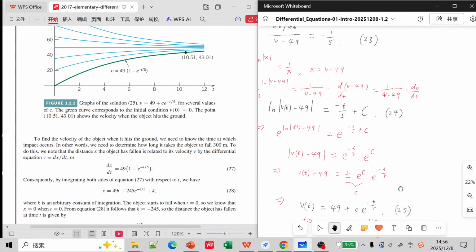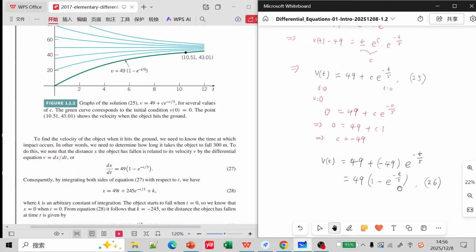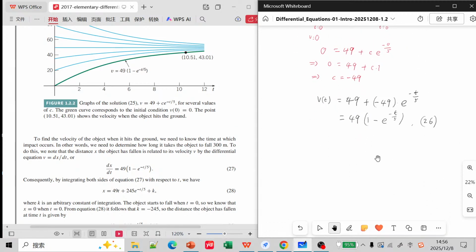V is equal to dx. So here we just add the assumption or the condition by default, v of t is equal to dx over dt. Here x is the distance,